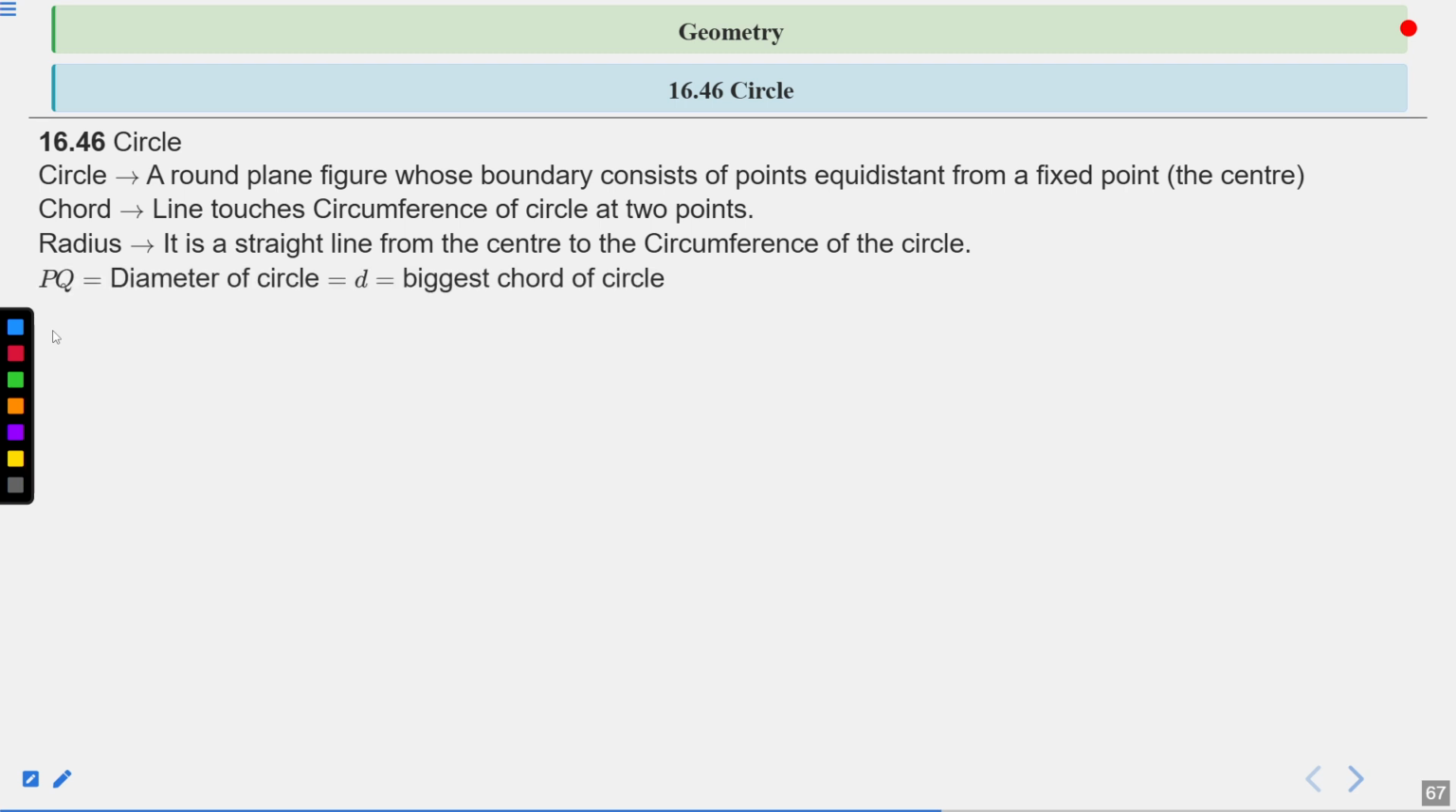PQ is the diameter of the circle. D is the biggest chord of the circle, or D represents the diameter of the circle. So you can see in this diagram,